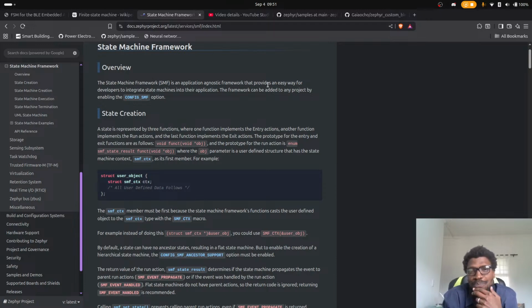How Zephyr does this. So this framework can be added to any project using the Kconfig SMF option. And then you can create individual states, where a state is represented by three functions. One function implements the entry actions, another implements the run action, and the last function implements the exit actions. So when you get into this state, this is what happens. When you're in this state, this is what happens. When you leave this state, this is what happens. It's kind of like a preamble, a postamble, and an amble, sort of thing. And then this is how